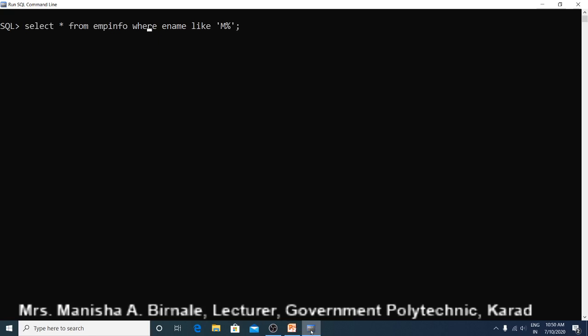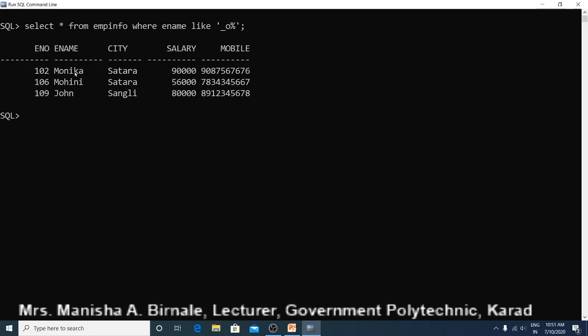Here you have to write SELECT * FROM empinfo WHERE ename LIKE. We don't know which will be the first character. We know that the second character will be O. So for the first character you have to write a single underscore. Then the second character is O, and after the second character there may be any other characters in the name, so write percent. So this is our pattern. Only the second character is O. There will be one character before it, and it may be A to Z. The first character may be any character from A to Z.